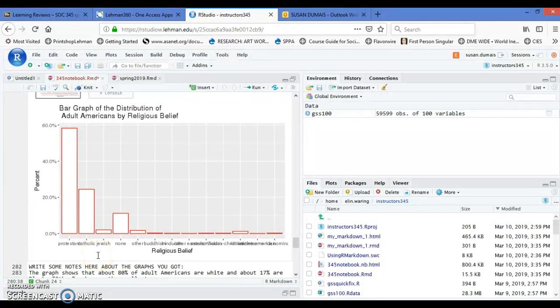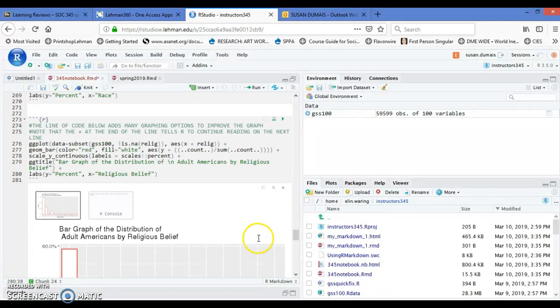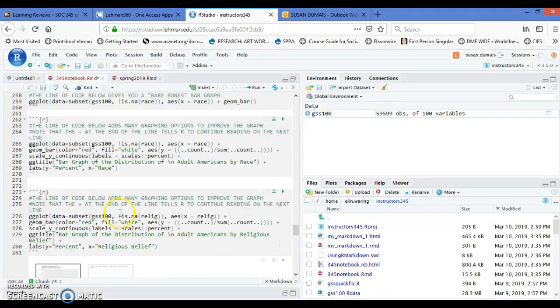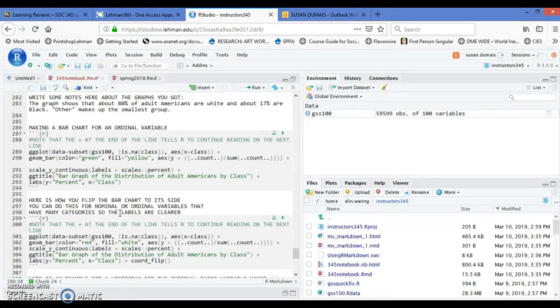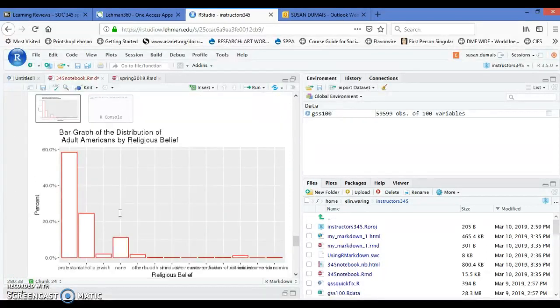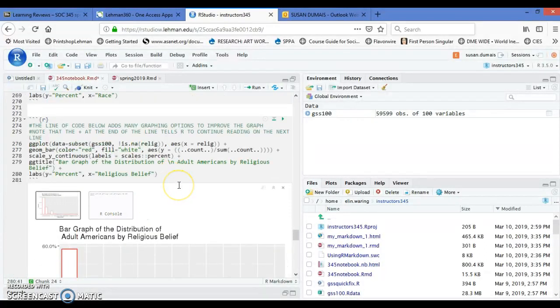One of the tricks that you can do if you have something like this is to flip the graph on its side so that you can see each religion without it running into the others. So you don't have to do this if you make a graph and everything across the bottom is clear. But if you run into a situation like this one, what you want to do is, at the very end of the chunk you have here, do a plus sign,